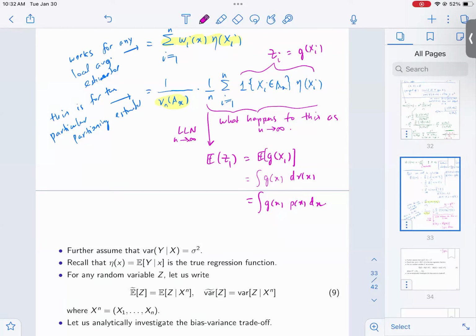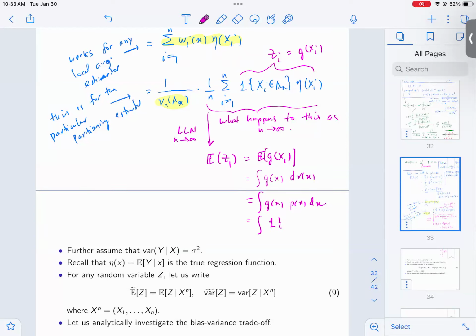Is the integral over A? At this point, no, but it comes out. So this is like g of x, just the entire thing. I wrote the entire thing as g of X_i. So this is going to converge to the expectation of g of one of them. So it's like the integral of g(x) f(x) dx. So I can plug in g(x), it would be